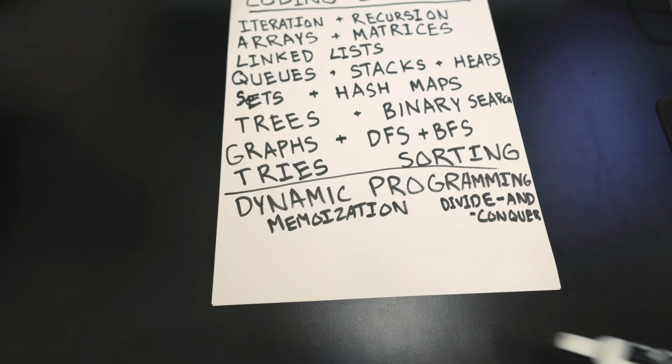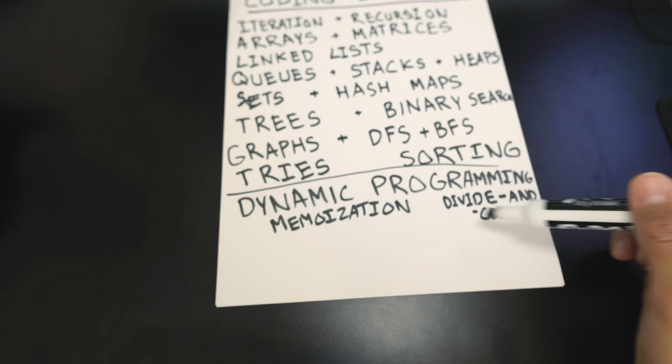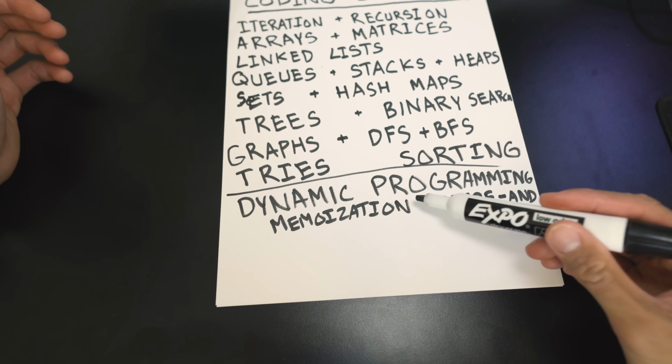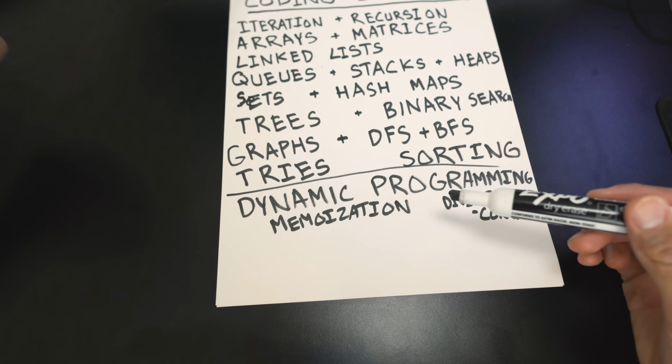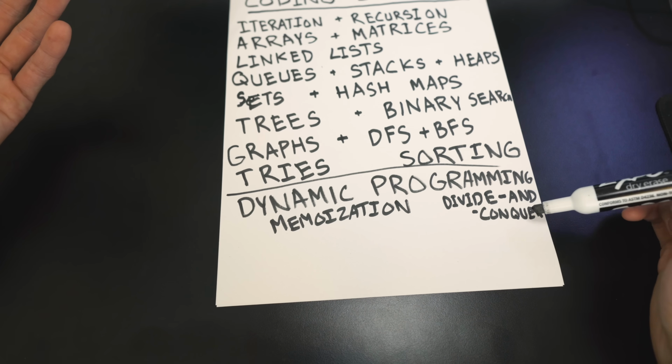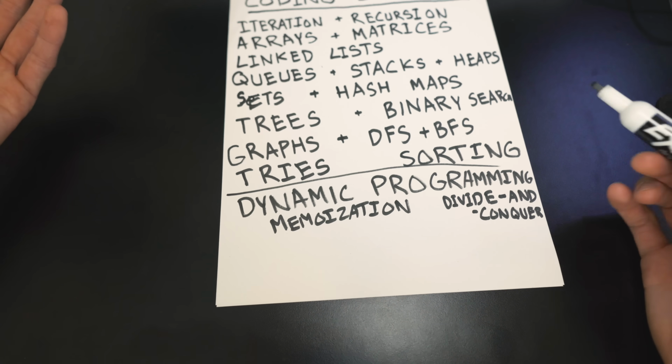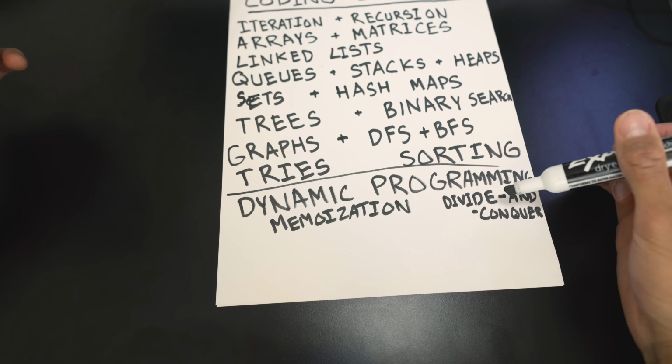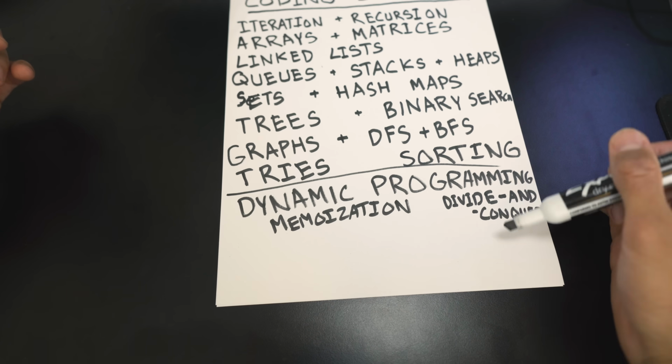I'm also very glad that I practiced dynamic programming problems, which can be broken down into memoization and divide and conquer. Memoization is just storing and reusing pre-computed values and passing them through recursive calls to make your algorithm faster. Divide and conquer is just solving a subproblem of your problem, then using that to make assumptions about the full solution using something like induction.